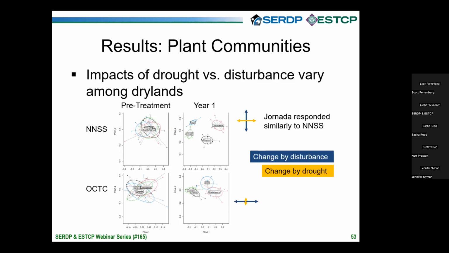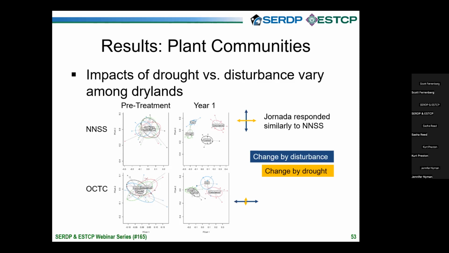Two symbols that are close together are very similar in the plant species and abundance patterns that they have, and two that are far apart are more different. You can become different in two ways. You can have very different species, so you can have totally different plant communities and sit far apart on the panel. Or you can have the same species, but in very different frequencies. So what's common in one plot would be rare in another, and vice versa. So that would drive symbols apart as well.